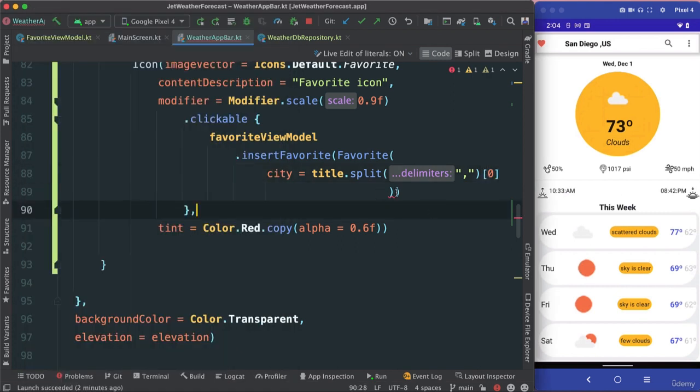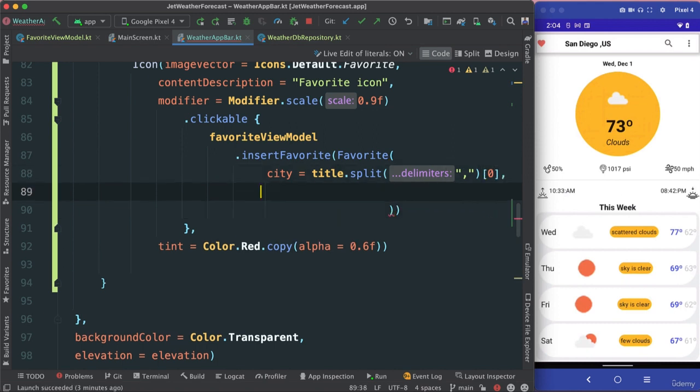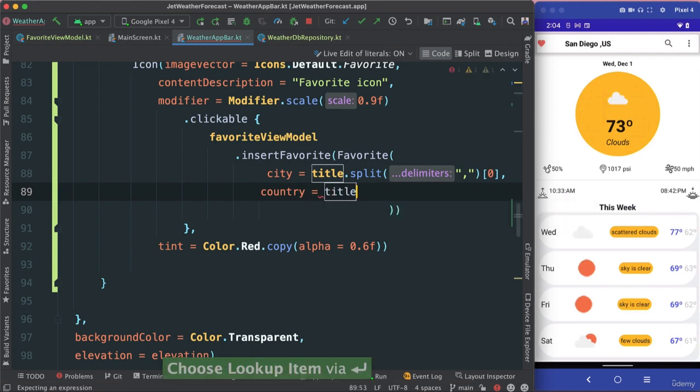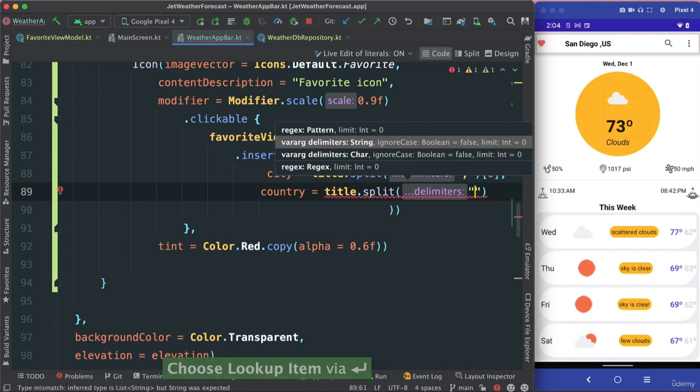And then the next, which is going to be country. Remember, we're inside of our favorite instantiator's favorite object there. For our country here, I'm going to pass title again, say split, do the same thing. Actually, I don't even have to